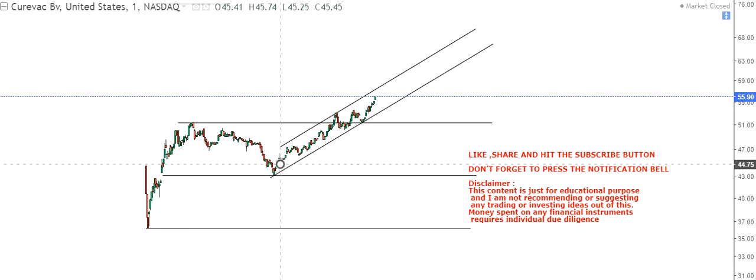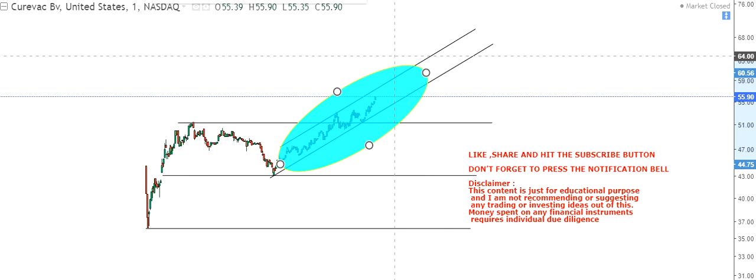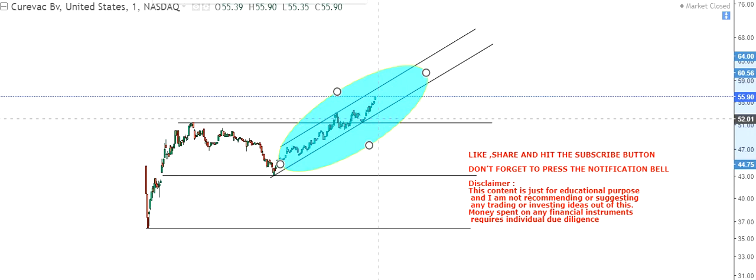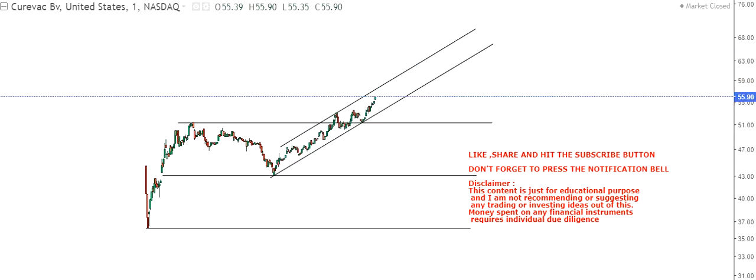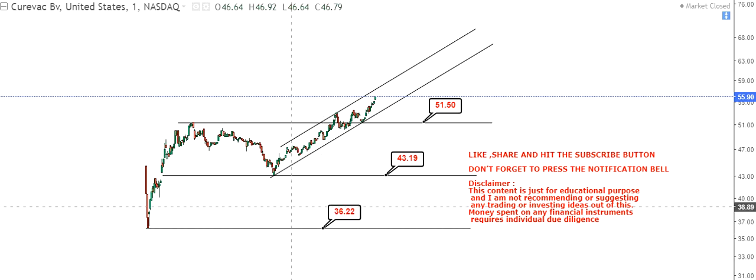First, this is your current trend. Now just divide the trend into multiple categories. This is your current trend. Now look at this trend. This is your important support level, because the stock has made a breakout. This was your previous resistance at 51, and the stock has made a breakout above 51 or 51.5, 51.6. So this is your first support level, below which the next support will come at around 43, and below 43 the next support will come at around 36.